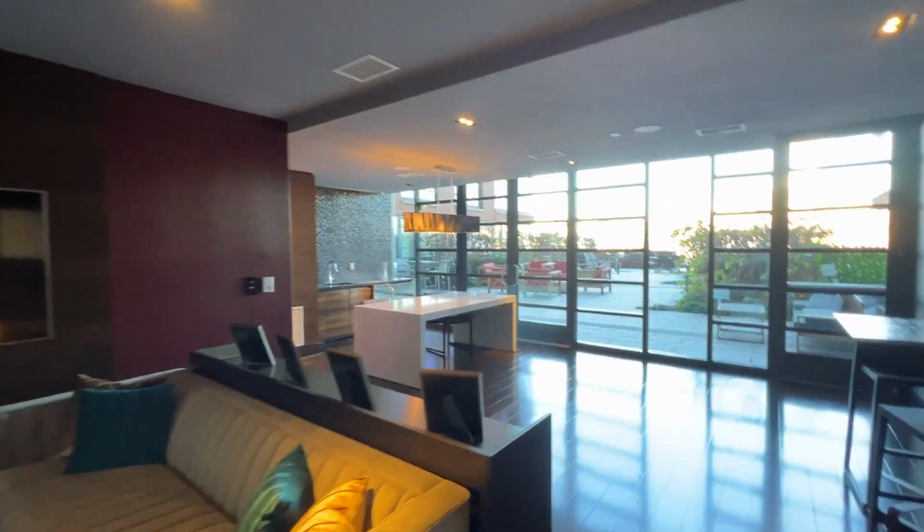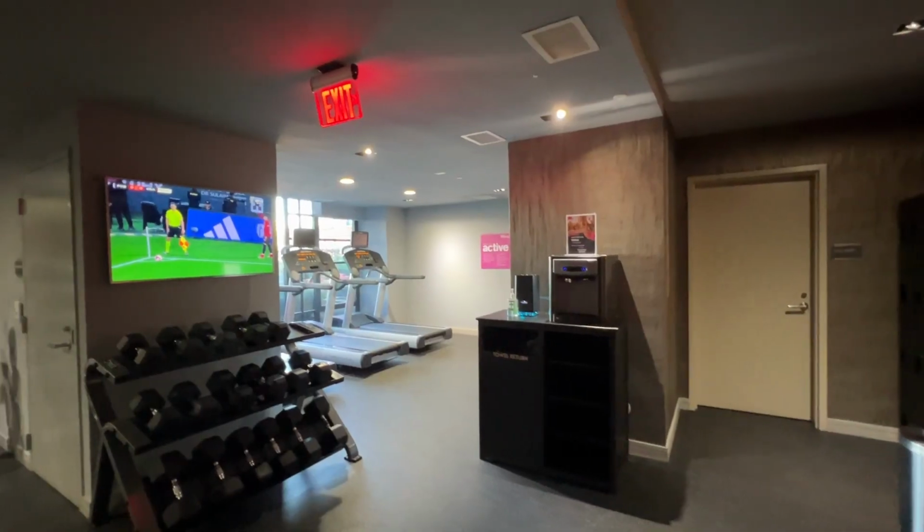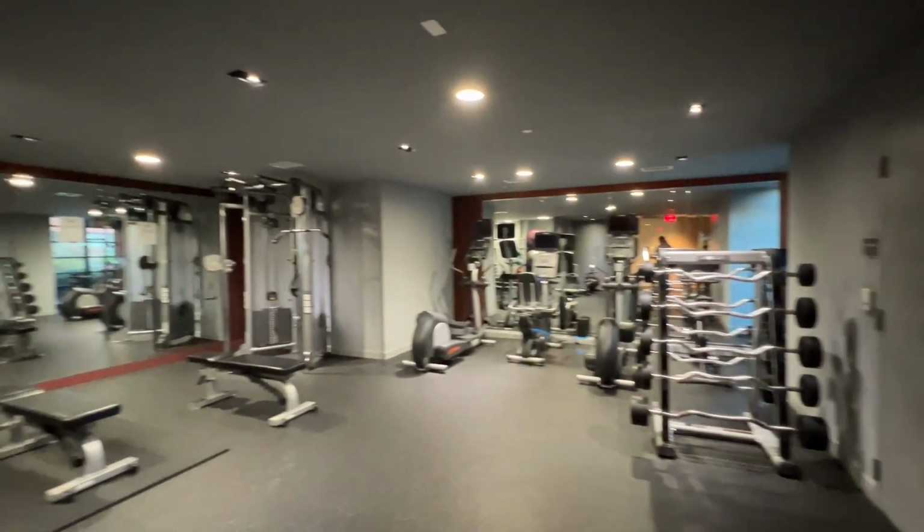For the building in general, it had some really nice amenities, including 24/7 concierge service at the front desk, which means there was always someone sitting in the lobby making sure that people weren't coming in and out of the building that weren't supposed to be there. They also had a really nice resident lounge that had an indoor space and an outdoor patio space. It had a pretty nice gym with machines and space for free weights,